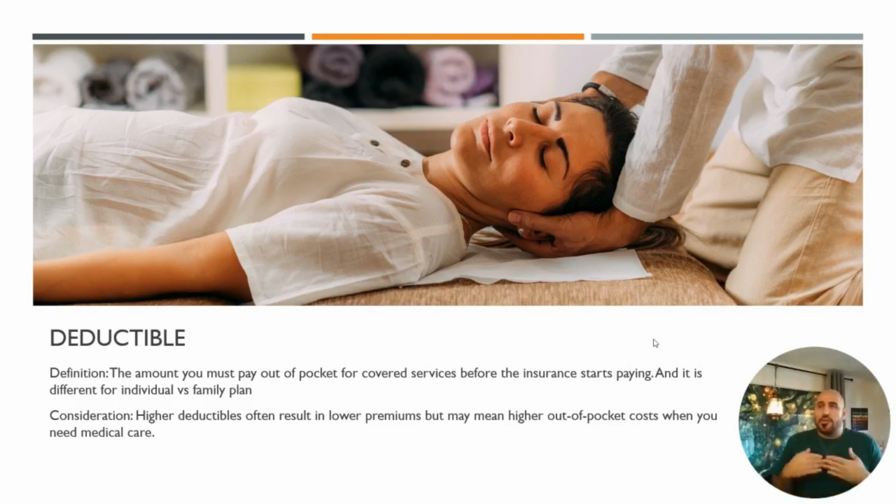So for example, if my premium is $100, but my deductible is $2,500, and I go to a doctor appointment and the first appointment was $250, I'll be paying $250 out of pocket, and insurance would not be paying anything until I meet the $2,500. Some healthcare plans do not have that. They have zero or a very low deductible. So checking on that is very important.